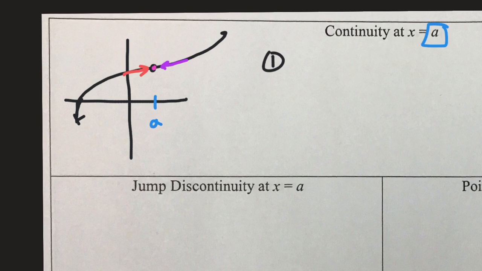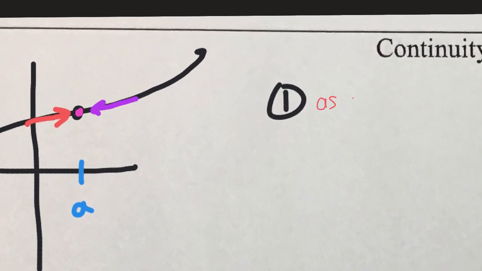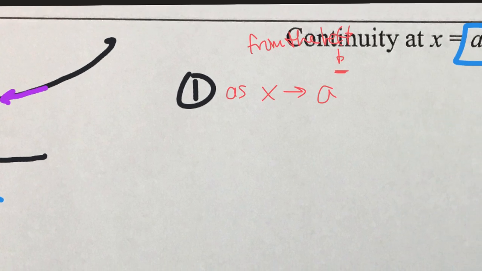Number one, and let's see about the notation that we write. So we write that as x approaches a, okay, so as the x values are moving towards that specific x value called a, we're going to put a little superscript minus. Okay, we put a little superscript minus. That means from the left. So we put a minus up there as a superscript. So as x approaches a from the left side,